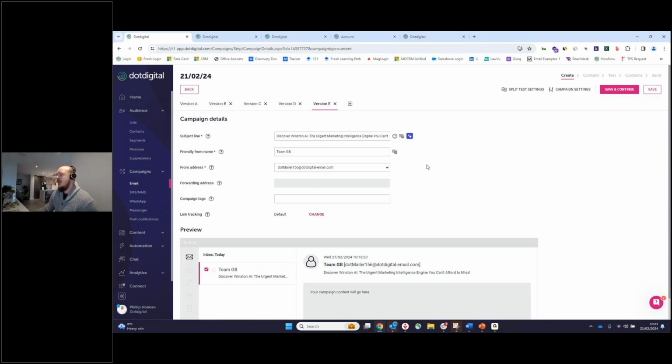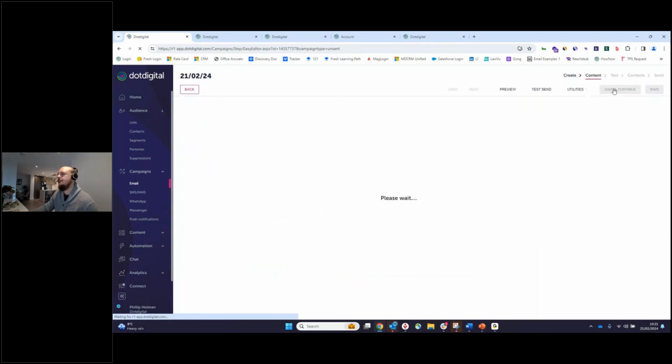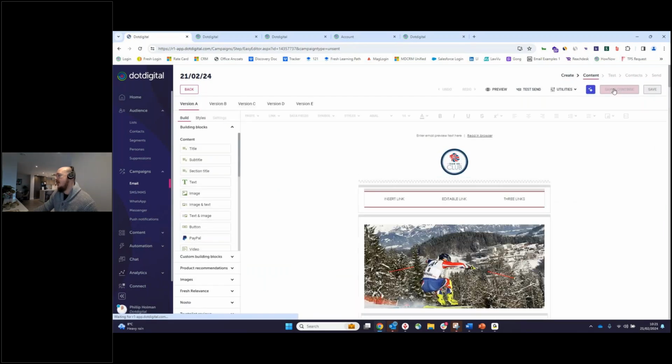So that is some kind of more modern sense of AI tools using ChatGPT, and then we carried that through on into the editor as well. So I'll go to the next step on there, and then now in the Dotdigital editor,